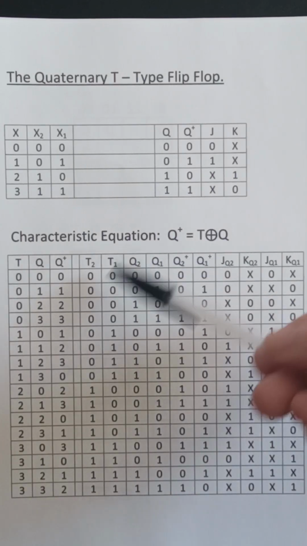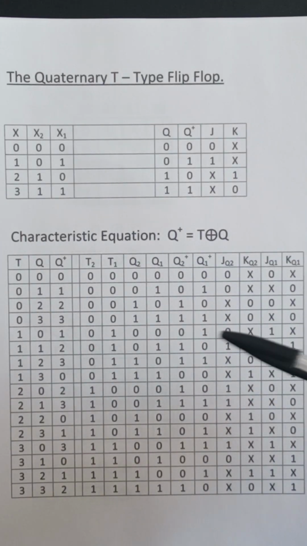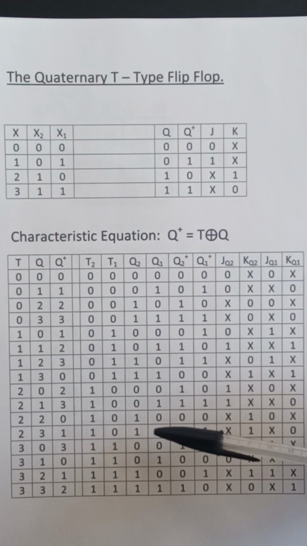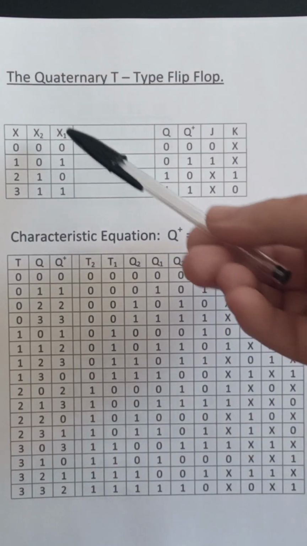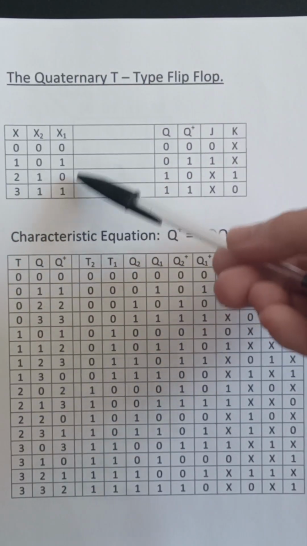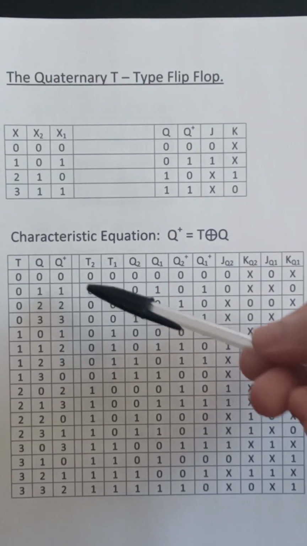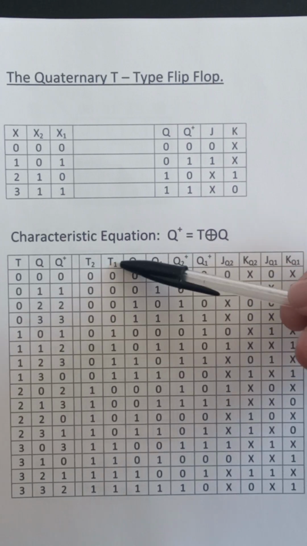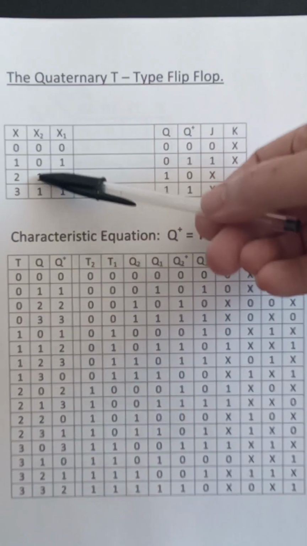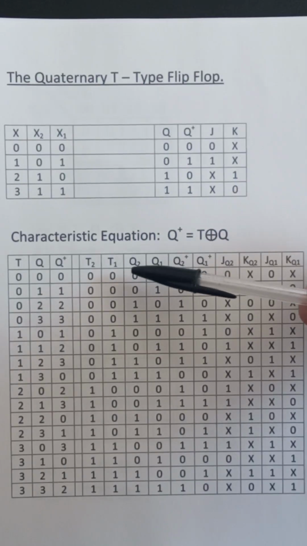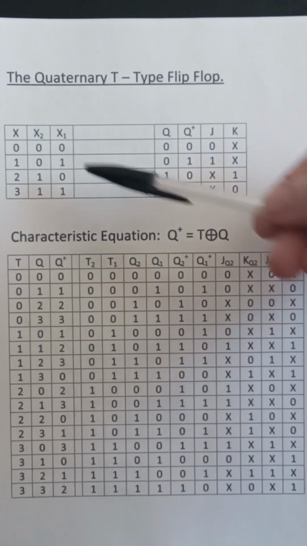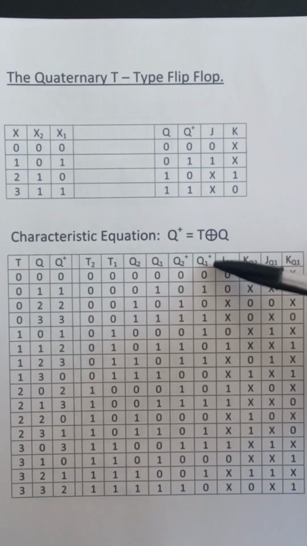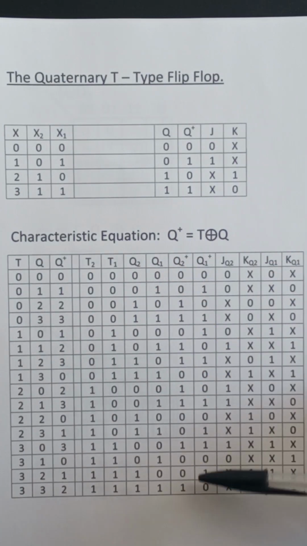Now, this is a binary design. Convert the quaternary into binary, process the signal in binary and convert it back to quaternary. So here I have the quaternary to binary conversion, which I'm going to use to code T, Q and Q+. This is T1 and T2 here, according to this truth table, Q2 and Q1 here, according to this truth table, and Q2+ and Q1+ here, according to